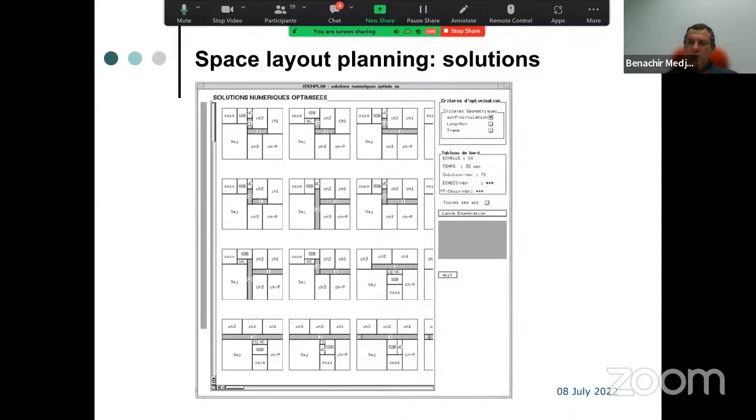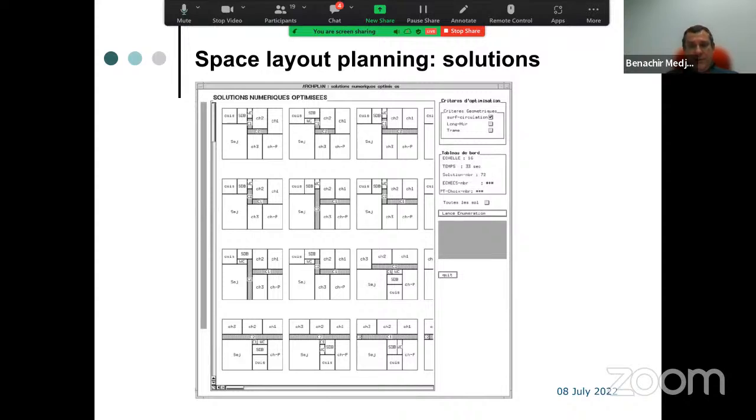We can go for L shape, which will increase the complexity a bit, but there is no possibility today to use very complex geometries in this field. And the problem as well is the size of the problem. If we go beyond 50, 60, 70 spaces, we start to have some limitation in getting the solution in a reasonable time.